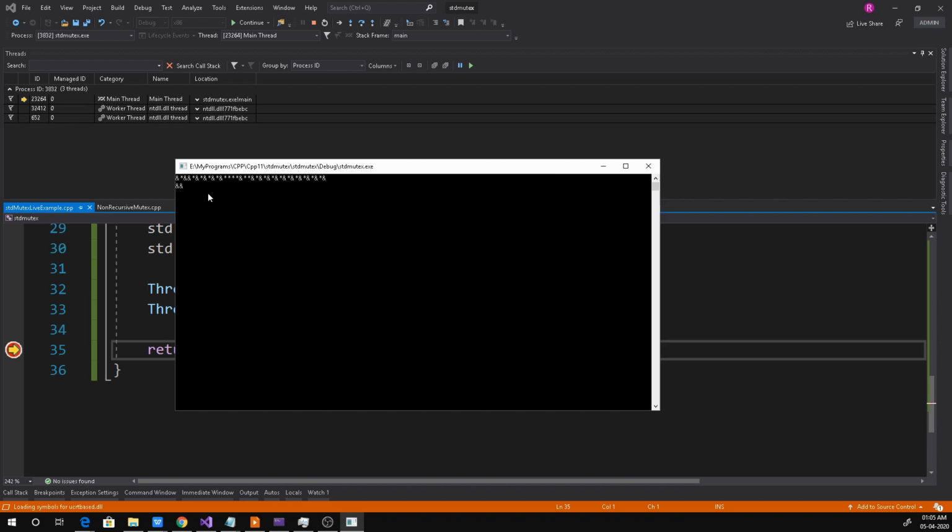As shown here, the star and ampersand characters are printed mixed. This is not our expected output.